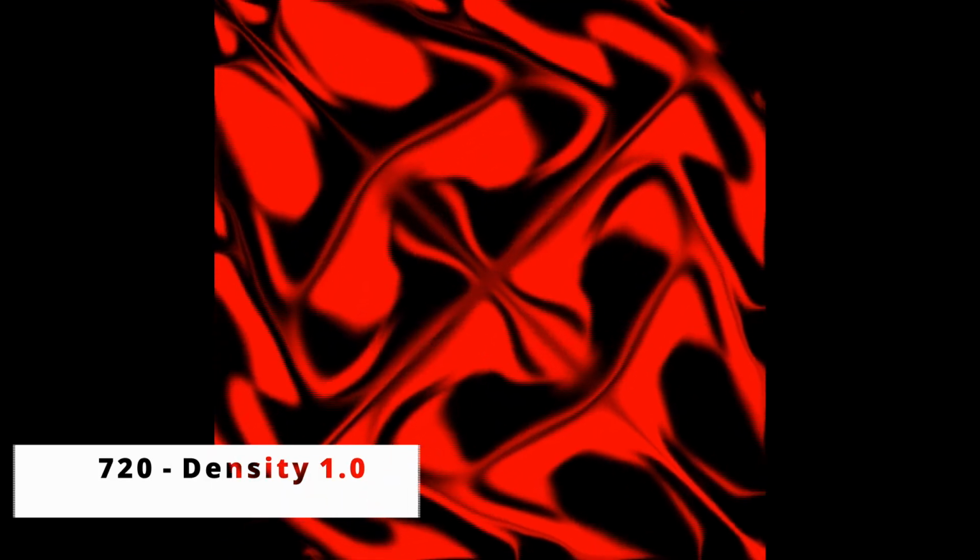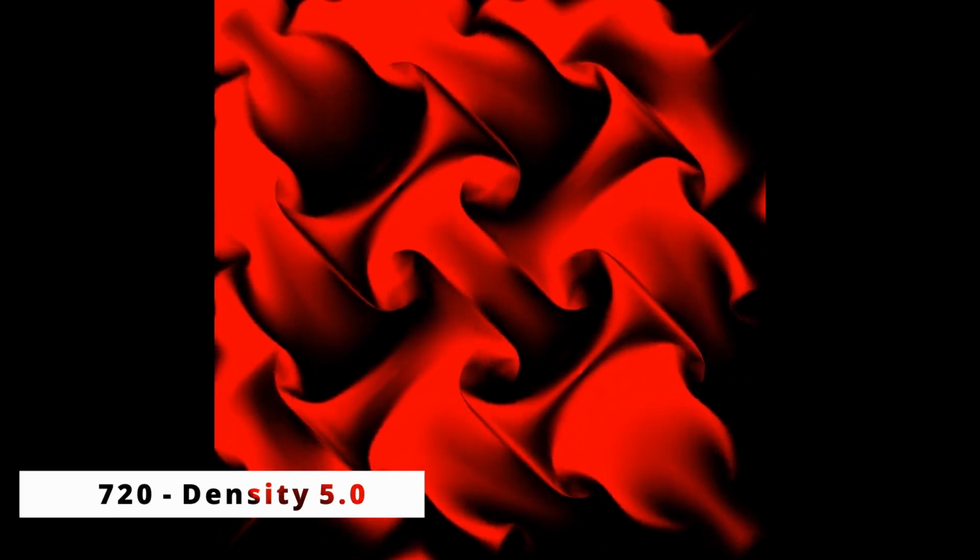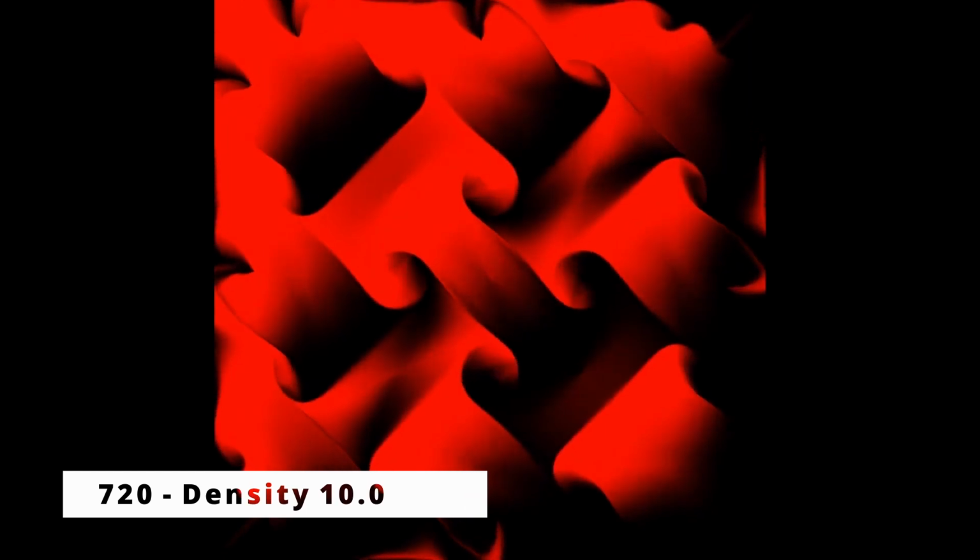The first one is with the density 1.0. As you can see, the fluid is flowing quite flawlessly. In the second one, we have increased the density to 3, and you can see that there is less diffusion as compared to the 1.0. Then in the 5.0 there's even less, and in the next one, the 10.0, there's even less diffusion, like the mixture of the fluid. As you can see, these results are pretty good.